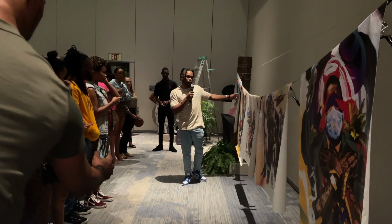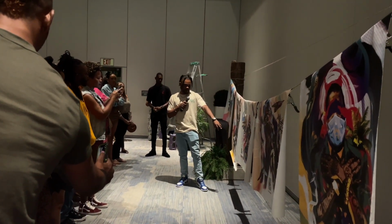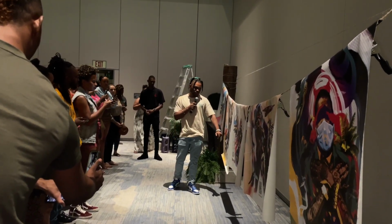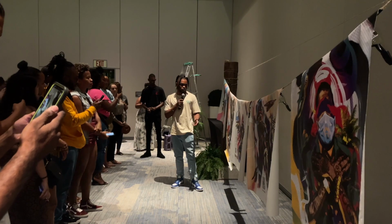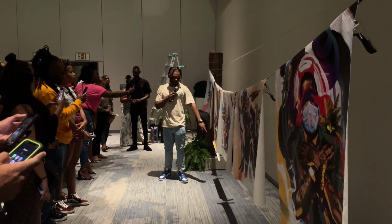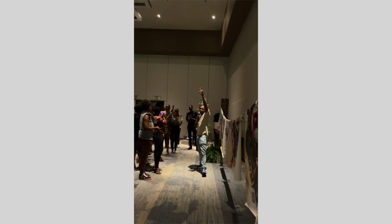So this one's called Mango Kush. This one is called Direction. And in a way, this one is like a self-portrait. You know, so it's really a case of just being in a new space in my life and trying to figure out a direction. Group of views here because that's where I grew up. And I'm maybe going to, because those actually are very simple. But I mean, the way it is